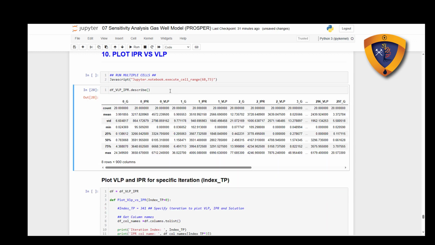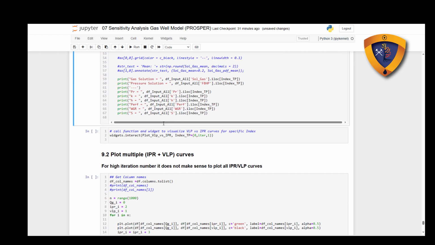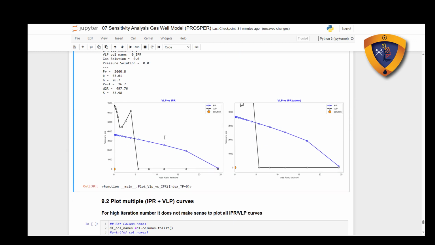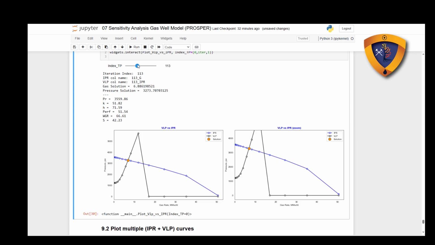Then you can plot the IPR VLP data. Here I added a widget, so you can see all the results here moving this slide bar. Also you see, for example, here you have the solution. It's 6 million cubic feet per day, the pressure solution, and also you have the inputs for this iteration. So for this iteration